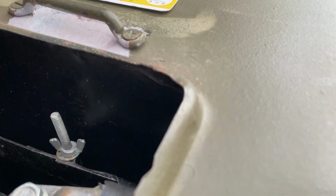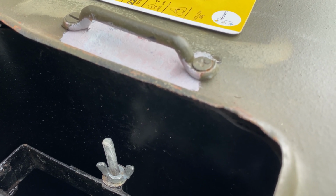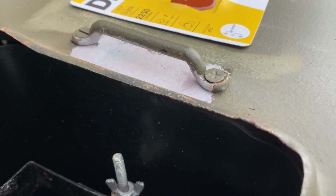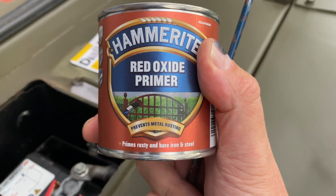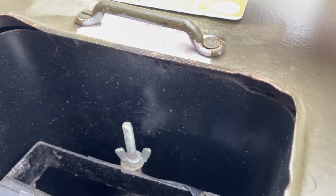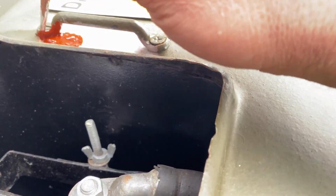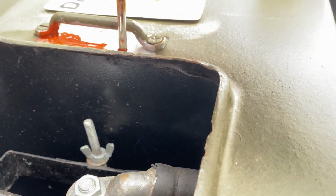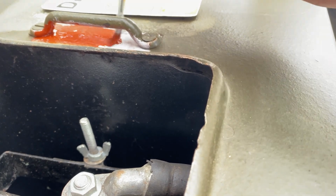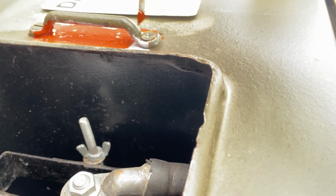So the grey primer that eats up rust and protects the metal is basically a multi-purpose all-in-one primer. I've put that on. That's had the obligatory 6 hours drying time, and now we move to this, which is the Hammerite red oxide primer. The only reason I'm doing this, well, I suppose two reasons. First one is it gives an additional layer of paint, and then the second thing that it does is it gets it the right base coat colour